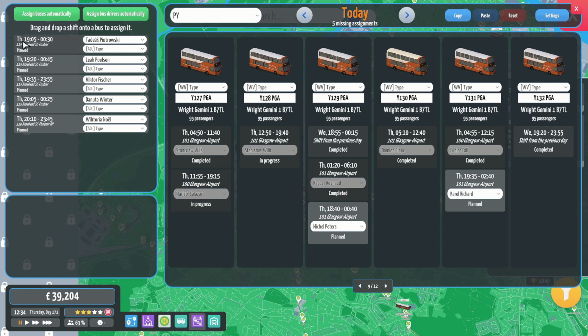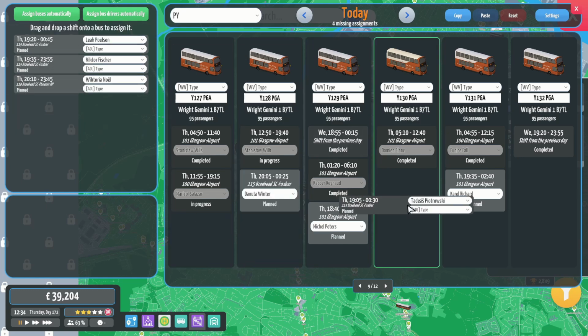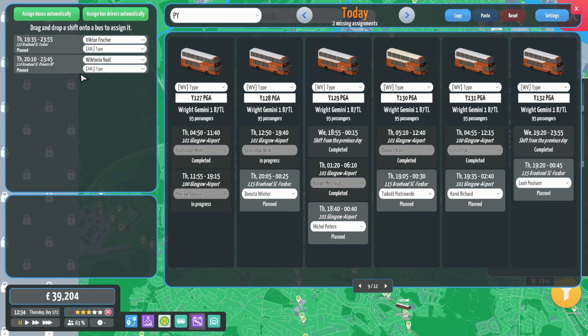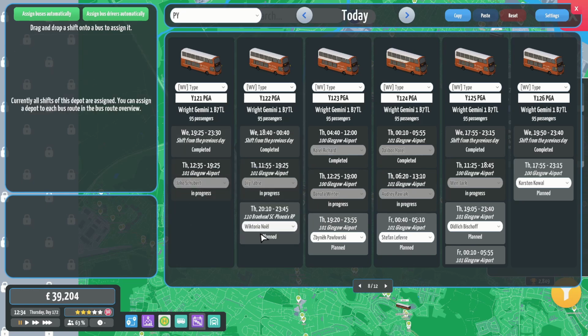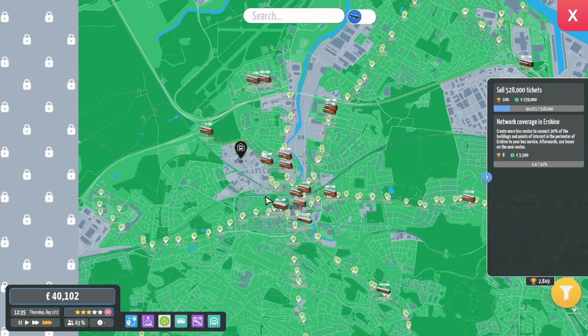And what I may do, for now, is just run whatever's going spare from the airport fleet, because at least they're modern. Well, it's all modern at Paisley. It's all pretty. Paisley's a pretty young garage. Anywho, it is time